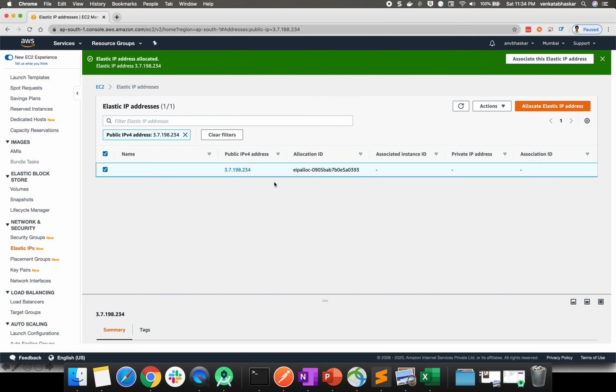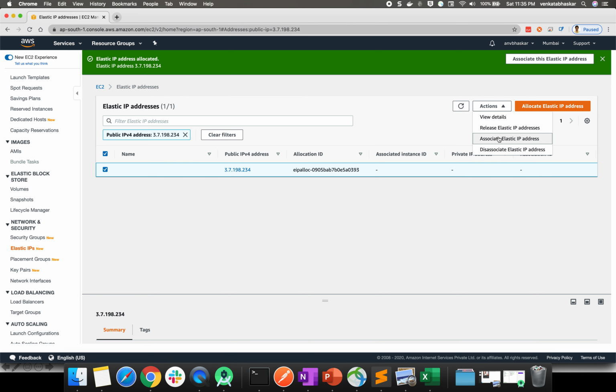Okay, now you need to associate this IP to your instance. Select this elastic IP. Under Actions, here you see Associate Elastic IP Address, if you need to associate it with your instance. If you release it, this IP address will go back to AWS again.